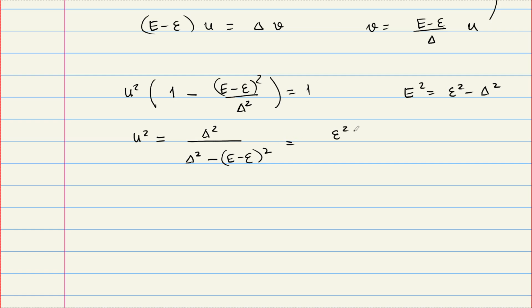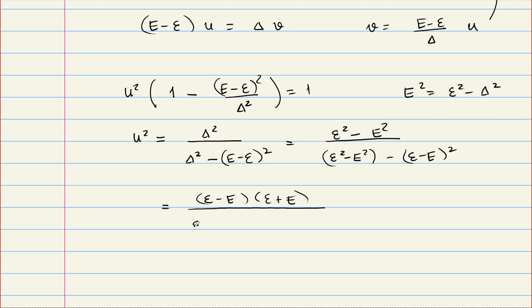So this is epsilon squared minus E squared divided by, I also want to write the same thing here, epsilon squared minus E squared minus (E minus epsilon) squared, or I can also change it, so this is (epsilon minus E) squared, and this one I want to write like (epsilon minus E)(epsilon plus E) divided by (epsilon minus E) times (epsilon plus E)